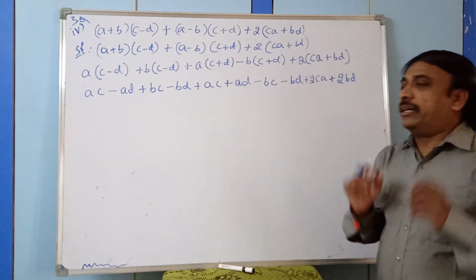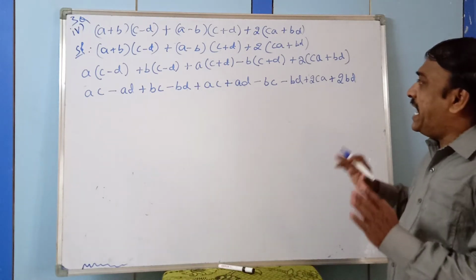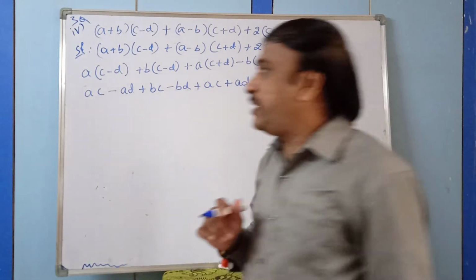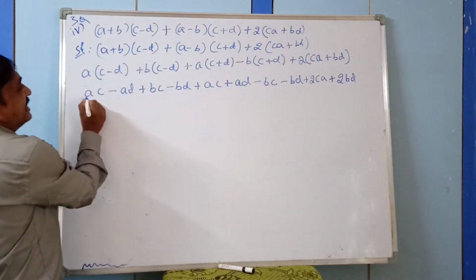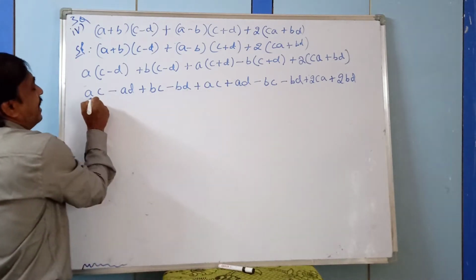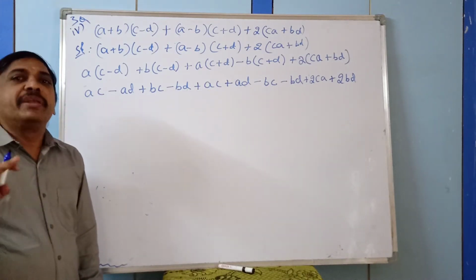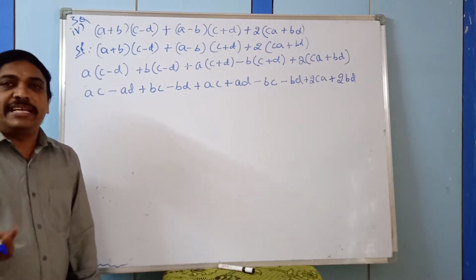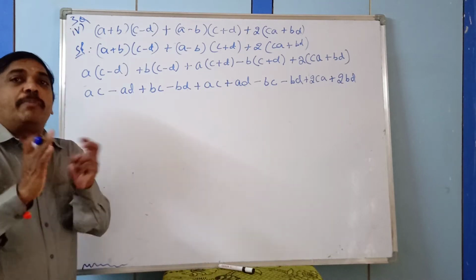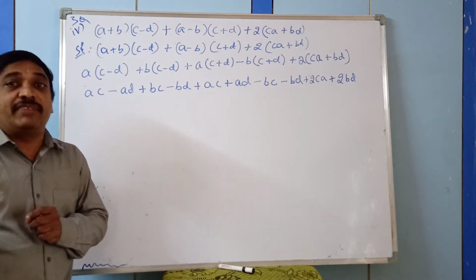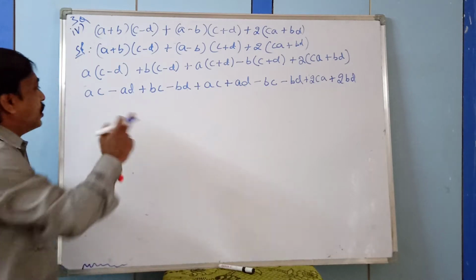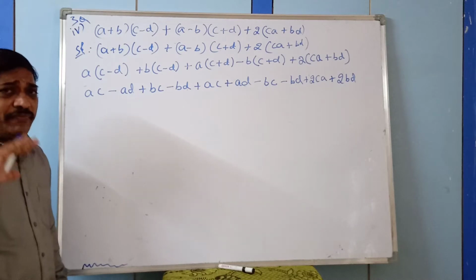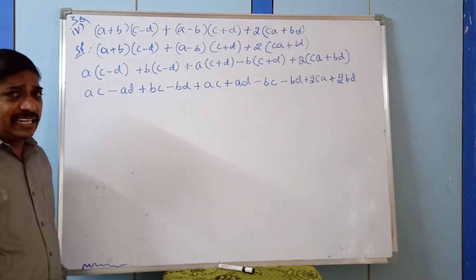Now you observe the terms. Anywhere like terms are there, first you simplify. CA and AC. See here, 1 into 2 or 2 into 1. 1 into 2, what is the result? 2. 2 into 1, what is the result? 2. 3 into 2, 6. 2 into 3, yes, 6. So both the products are equal irrespective of the order, which is called the commutative property. If you multiply first and second, or second into first, the result remains the same.